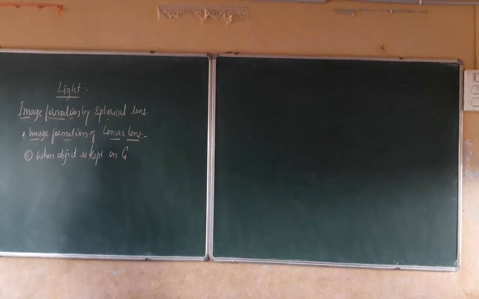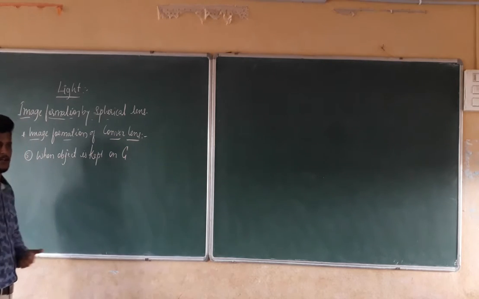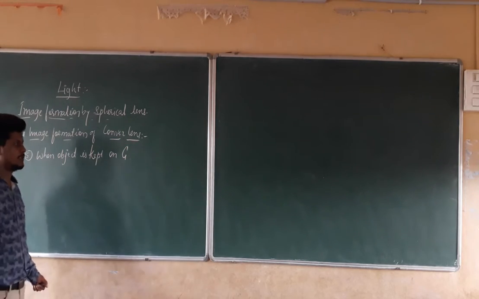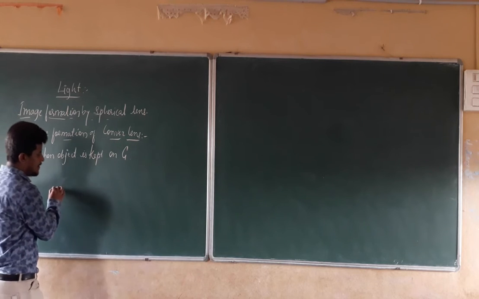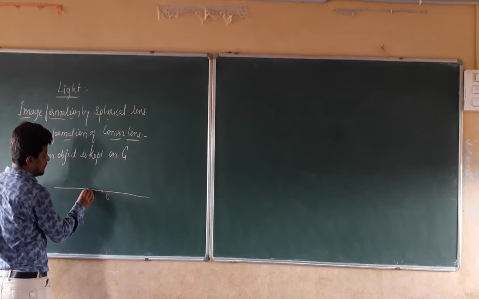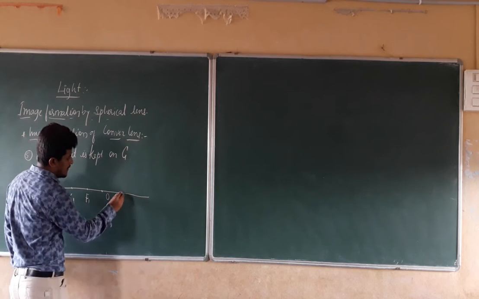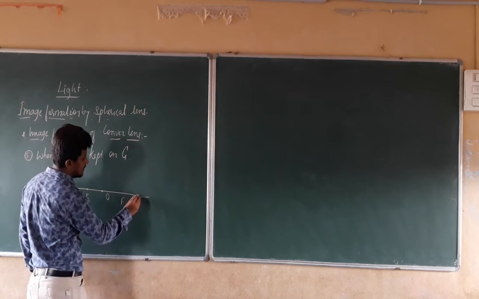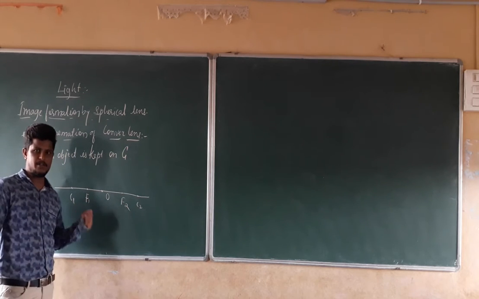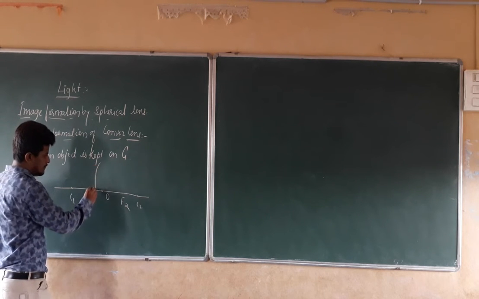Now in the fifth ray diagram we are going to keep the object on C, so that we have to find out where the image is going to fall. The position of the image we are going to find out by using the ray diagram. First, again we have to draw the principal axis. This will be the optic center. This will be the principal focus F1 and this will be the center of curvature. In the same manner, this will be the principal focus on the other side and this will be the center of curvature on the other side. I already gave you the dimensions, how to take those dimensions and how to draw the ray diagram. So this will be the convex lens.